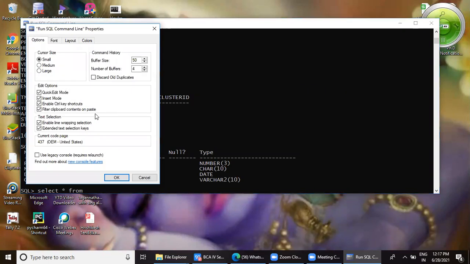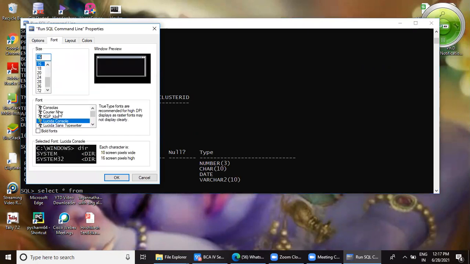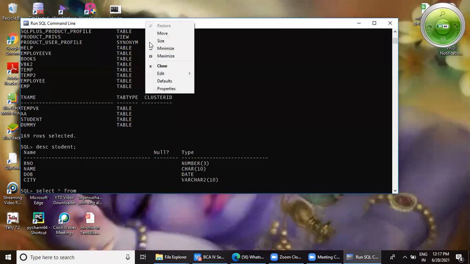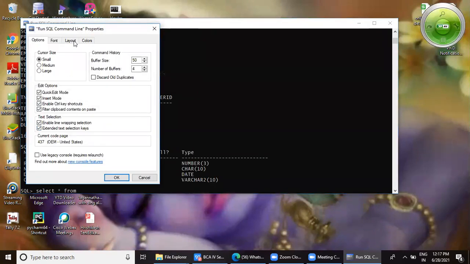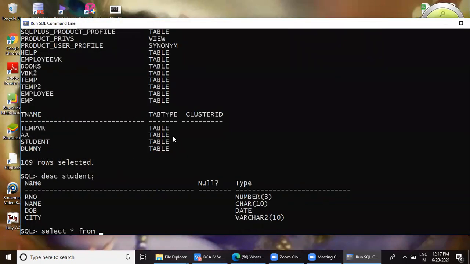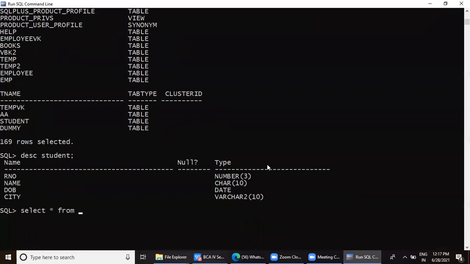Let me just increase the font a little bit. Oh, this has reduced. Okay. So I hope you are able to see the command here down.